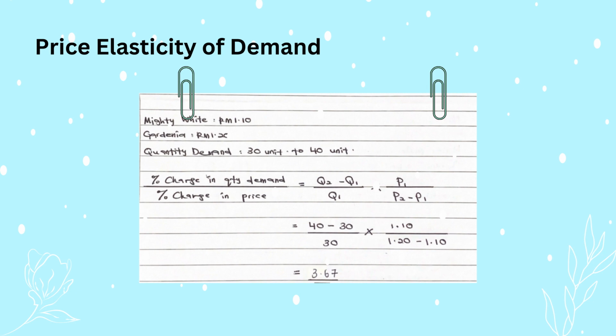The question is, we have the same item, which is chocolate bread, but from a different company. For quantity 1, the price is RM 1.10, while for quantity 2, the price is RM 1.20. The quantity demanded goes from 30 units to 40 units. For example, 40 minus 30 divided by 30, times 1.1 divided by 1.2 minus 1.1. So the answer is